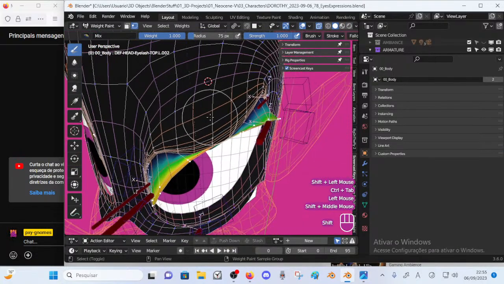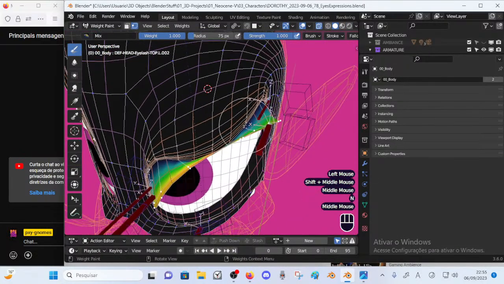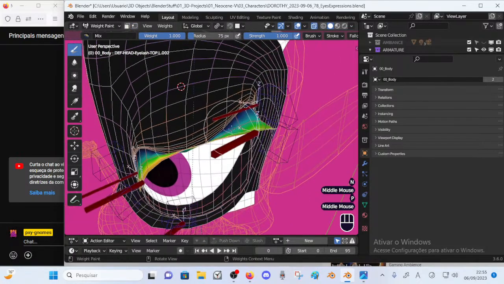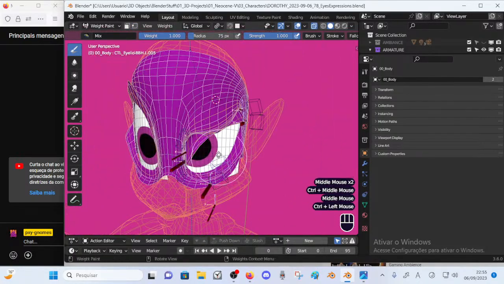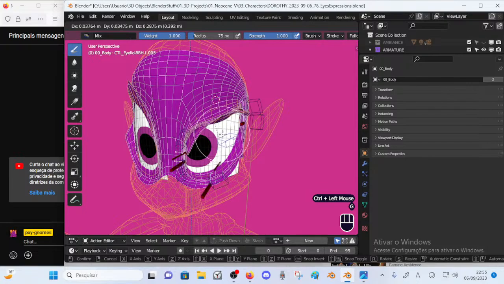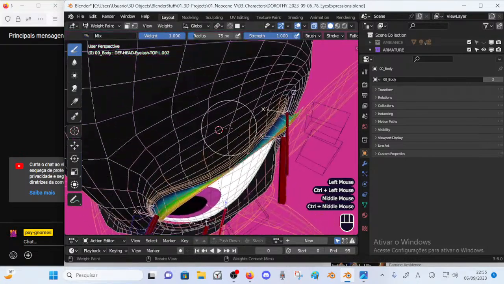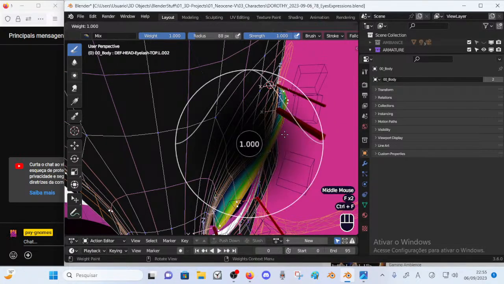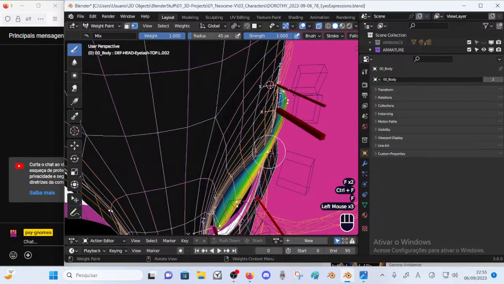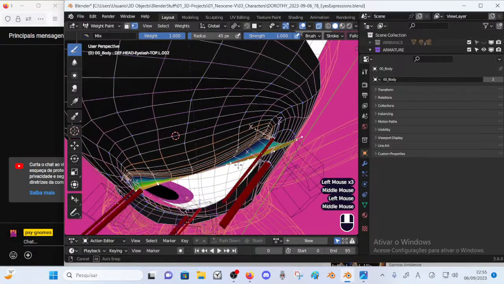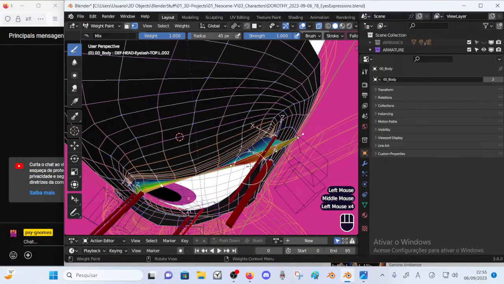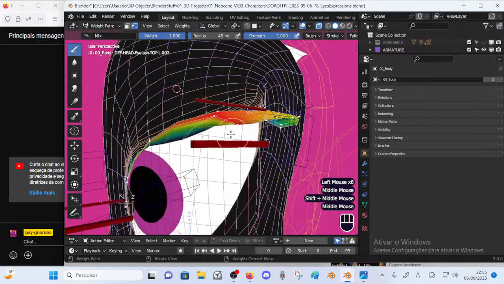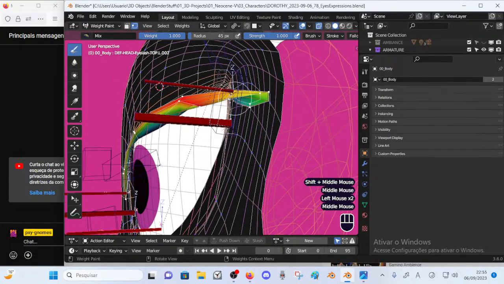Then we need to pick the bone, the proper eyelash bone, and then we use the mask. Then we can wave paint that, but apparently it's not being good enough.